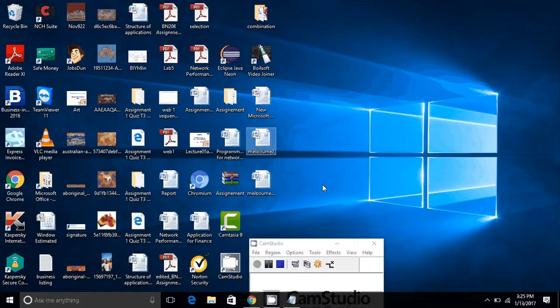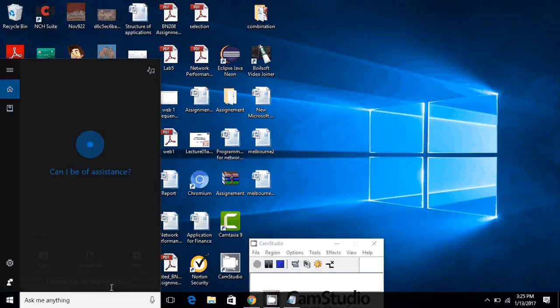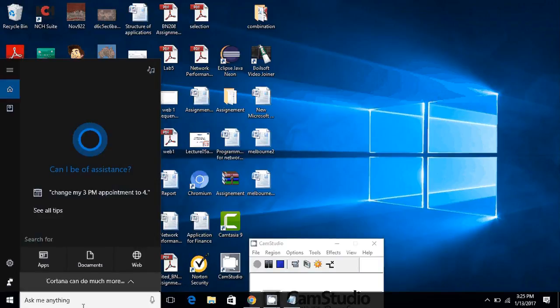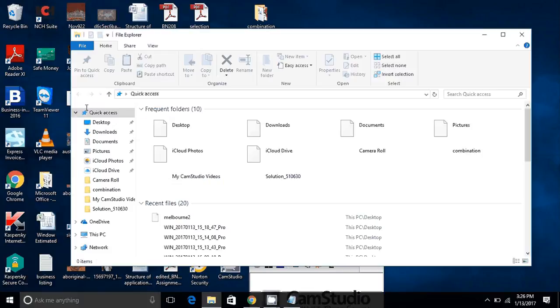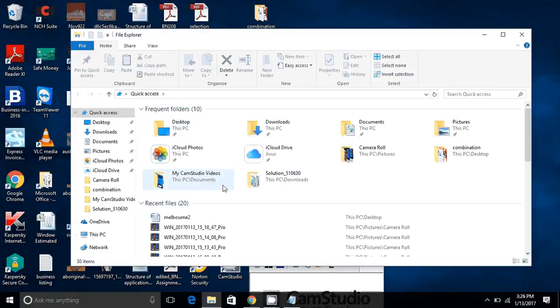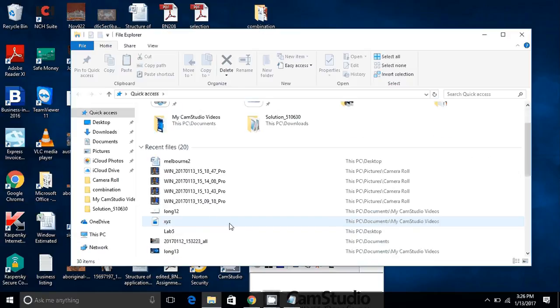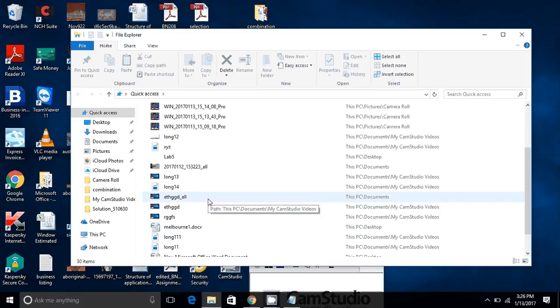Now I will take you guys to the next section, which is comparing the results of various hash algorithms. To do this section, I will open the file explorer, and then navigate to the document with the file I created, which is Melbourne1.